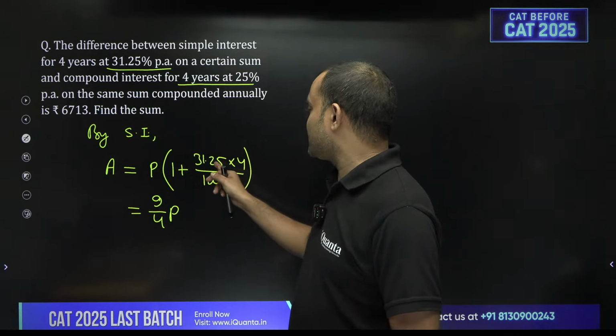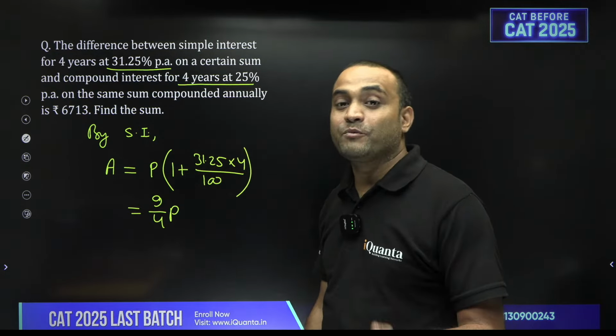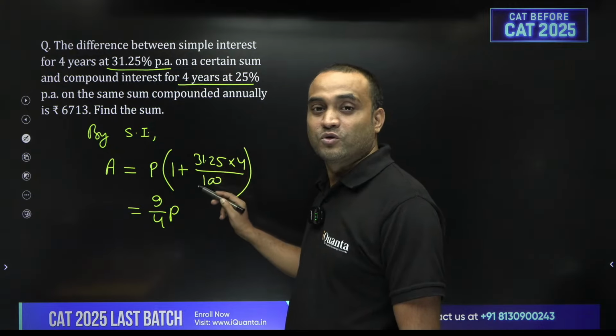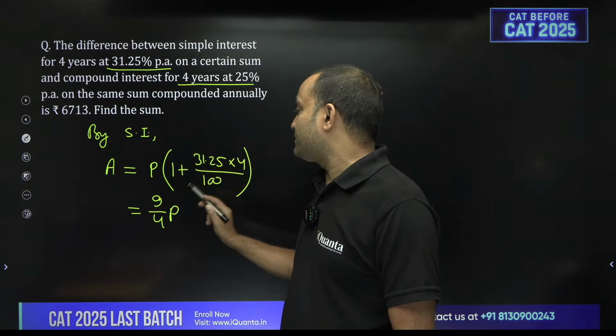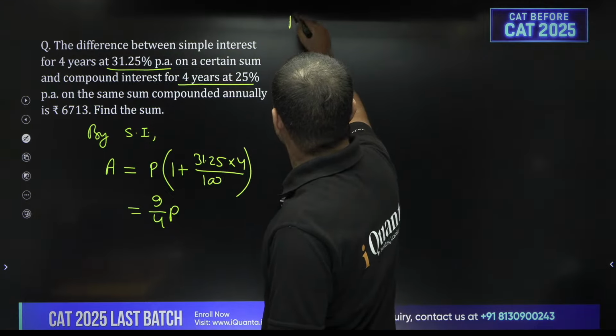125%. This 31.25 is equal to 5 upon 16. So 5 by 4. 5 by 4 हो जाएगा यहाँ पे. 1 plus 5 by 4 is 9 by 4. And by compound interest,